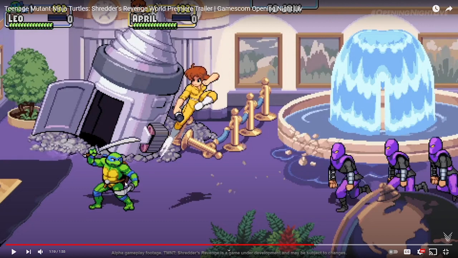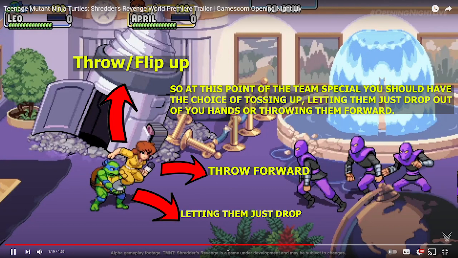So in this game, I think it should work where if you do any kind of aerial into your teammate, they are forced to grab you and then do that function. They can either let you go and you just pop up regular in the air, or they could throw you into enemies. The reason why I say they should probably have the option of either letting you bounce off of them into the air, or throwing you into the enemies, is because of what might happen